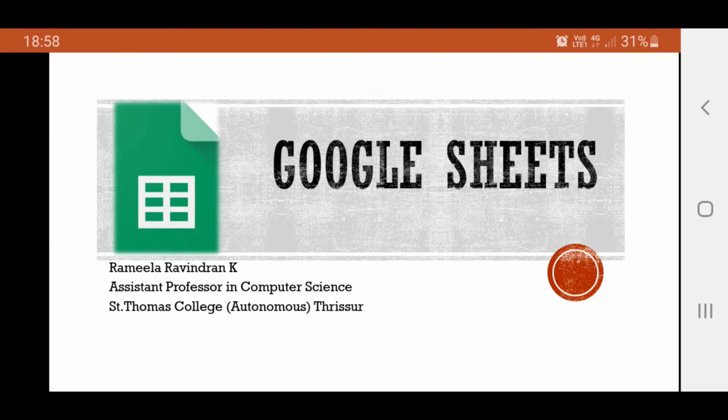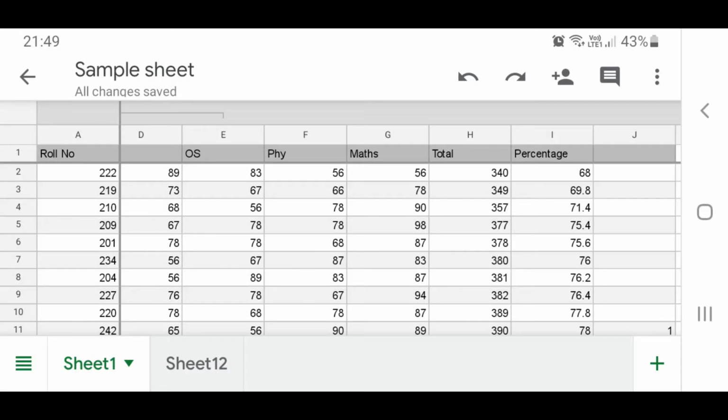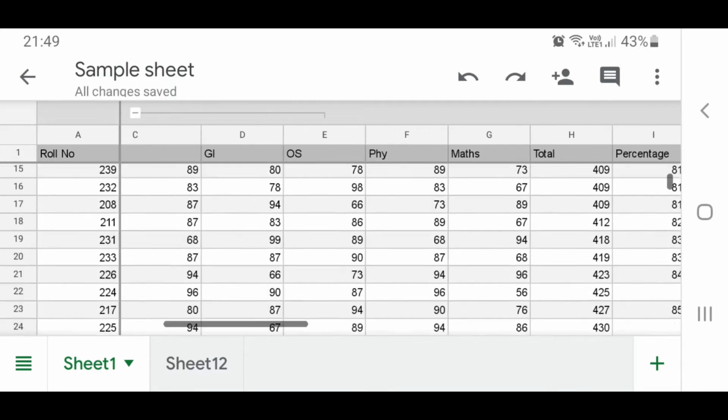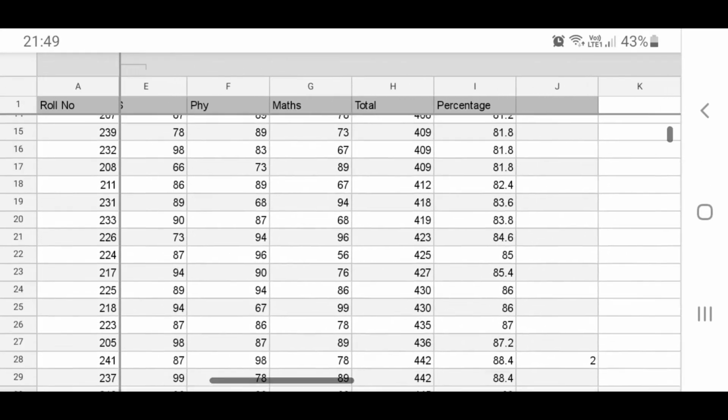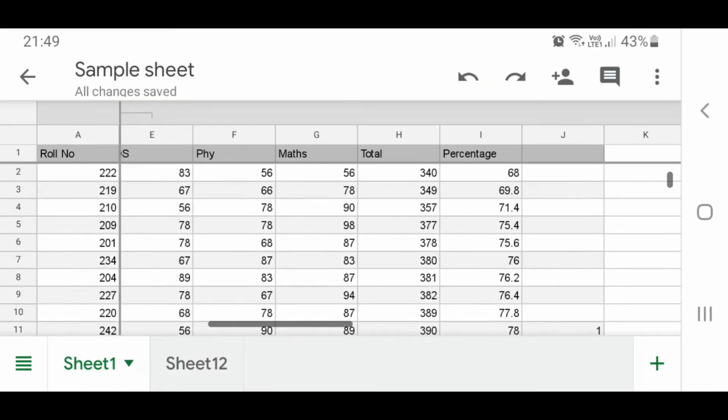In the last session we have seen what is Google Sheet, how you can use it and a few things that you can do with Google Sheet. In this session we will see the details. The next thing that we'll be seeing is how to include formulas in a Google Sheet. As you know, formulas are very powerful and help you use your Google Sheets efficiently.